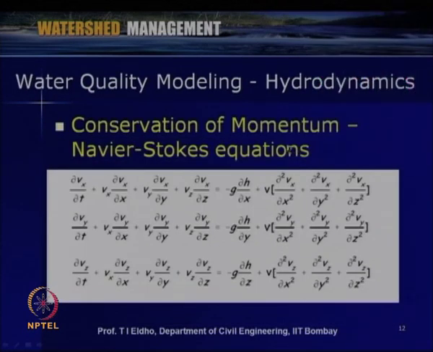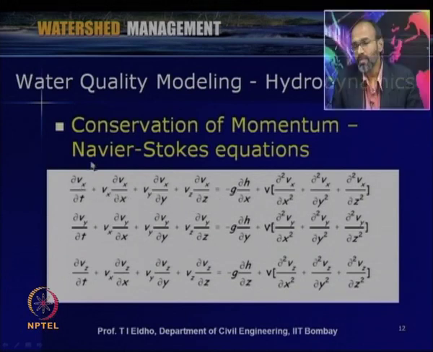Then the other type of equation which we generally have to solve is the equation based upon the conservation of momentum. These equations are called Navier-Stokes equations. In 3 dimensions we can have governing equations in x, y, z directions. For example, the velocity variations in x, y, z directions are represented as Vx, Vy and Vz, g is acceleration due to gravity, h is the flow depth, and nu is the kinematic viscosity. So then this equation